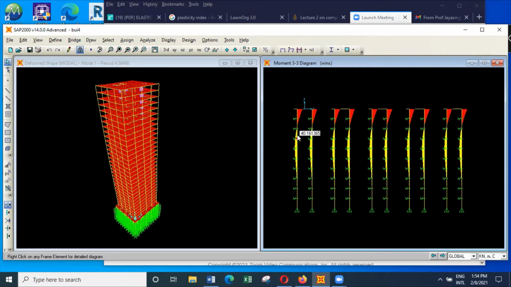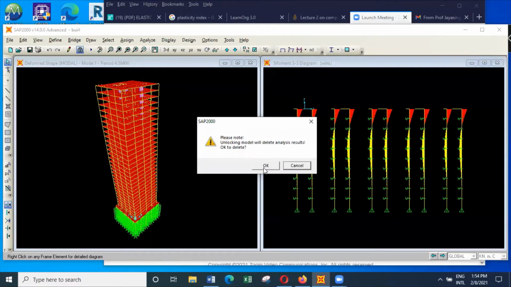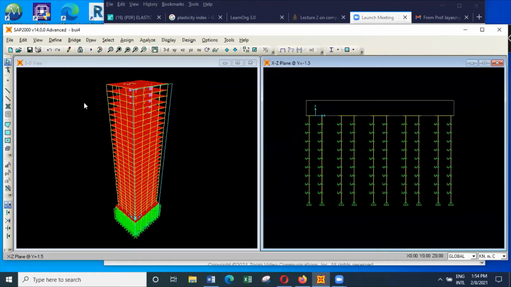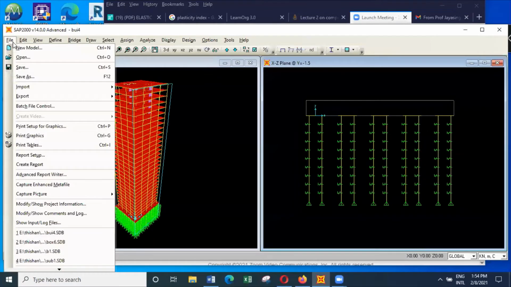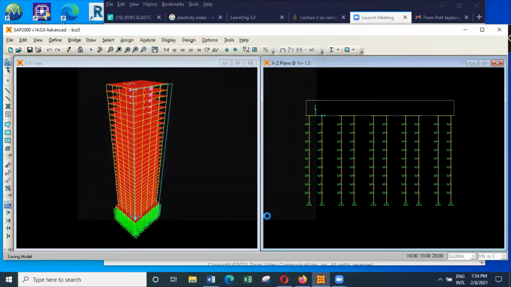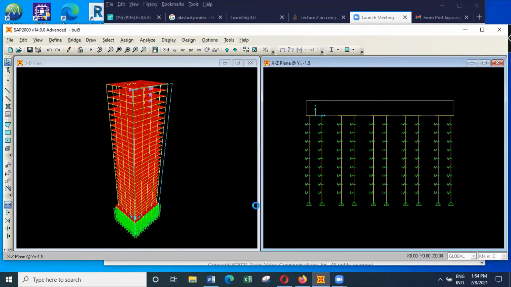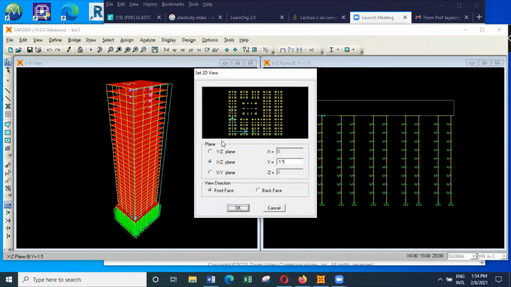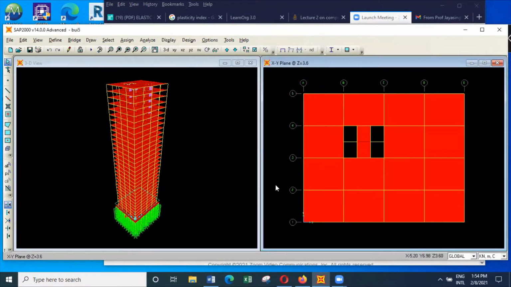Okay, so then we'll move to the transfer plate, and I'll save this as a file. So I will select the floor at this level, and let's say the grid below,